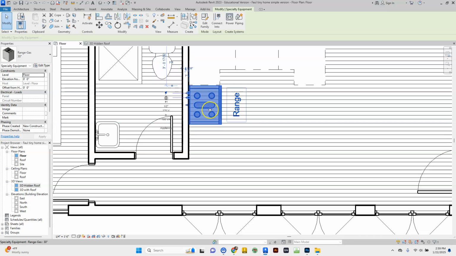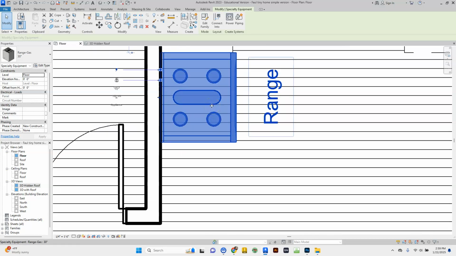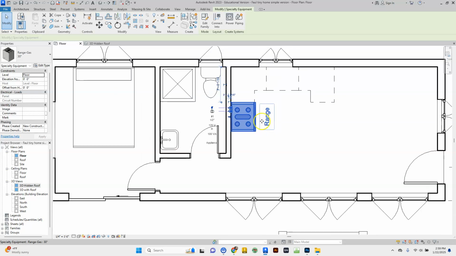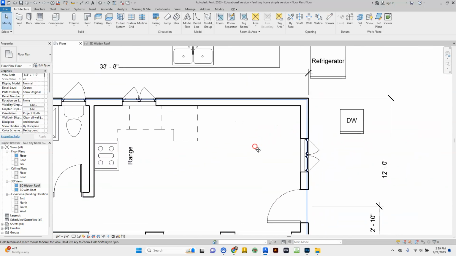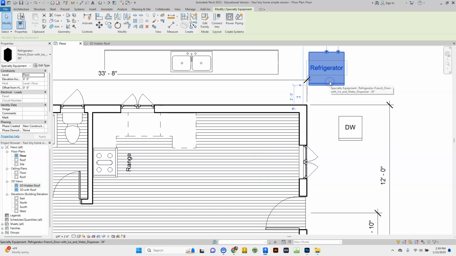That's actually not so terrible. I think I'll stick with that range just to save on time. And now, next to my range, I always, in my own kitchen at home, enjoy having a little bit of counter space. Now, the problem I'm going to run into is the other thing I wanted to put on this wall was my refrigerator. But I am pretty sure that this massive refrigerator that I had already loaded in at